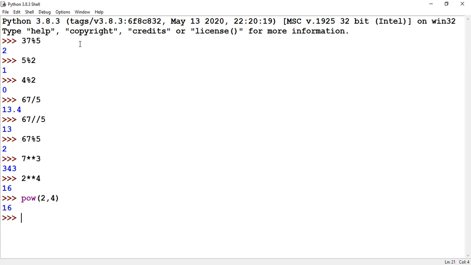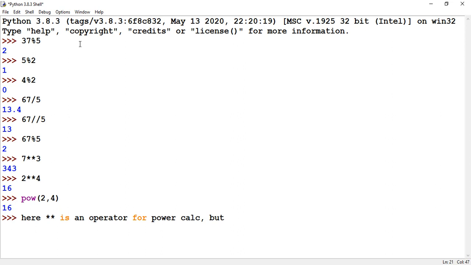It also gives you 16. Either use the pow function or use the double star operator. The difference is that double star is an operator for power calculation,